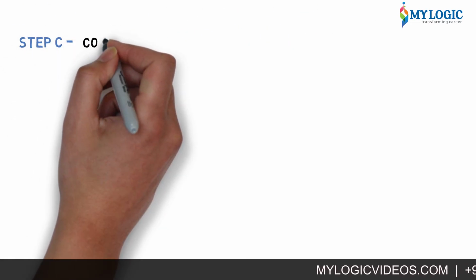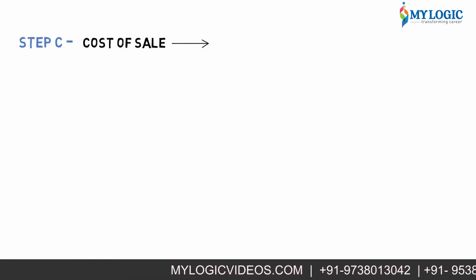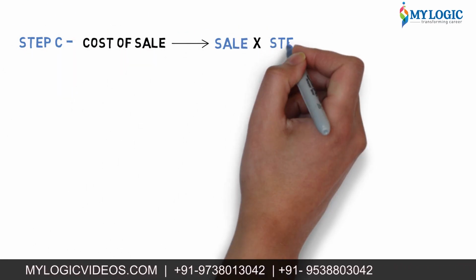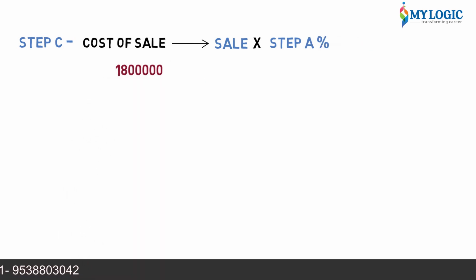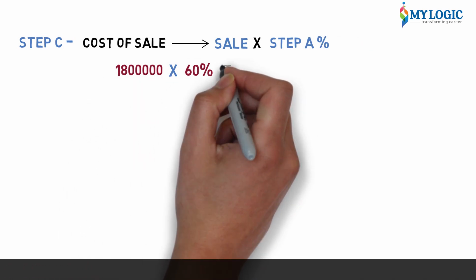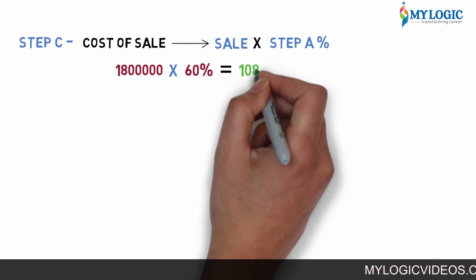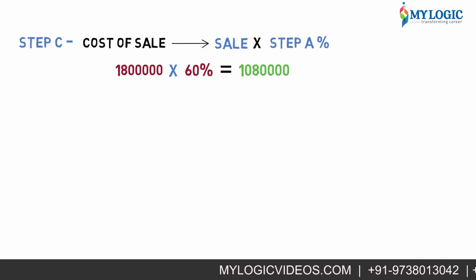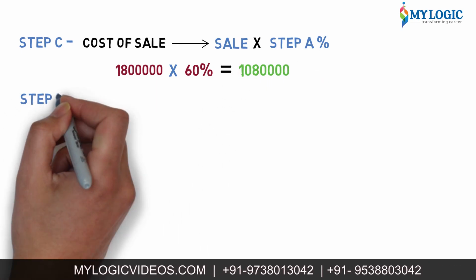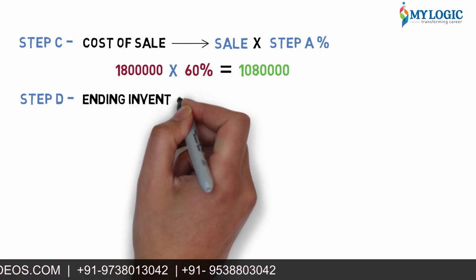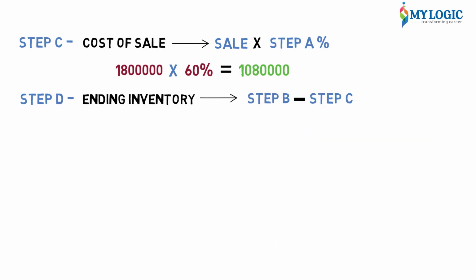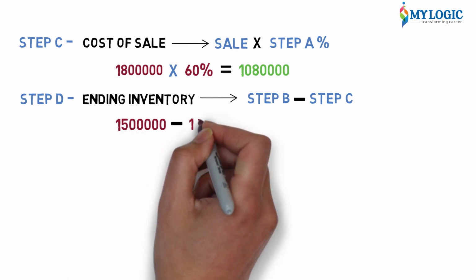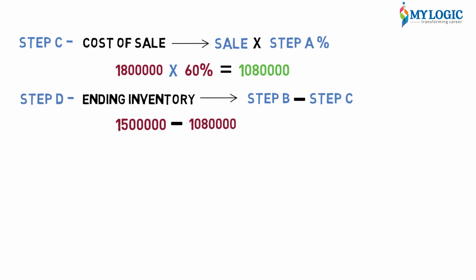Step C. Cost of sales is equal to sales multiplied by the step A percentage, that is 1.8 million multiplied by 60%, which is $1,080,000. Step D. Ending inventory is equal to step B minus step C. This is 1.5 million minus 1,080,000, which is